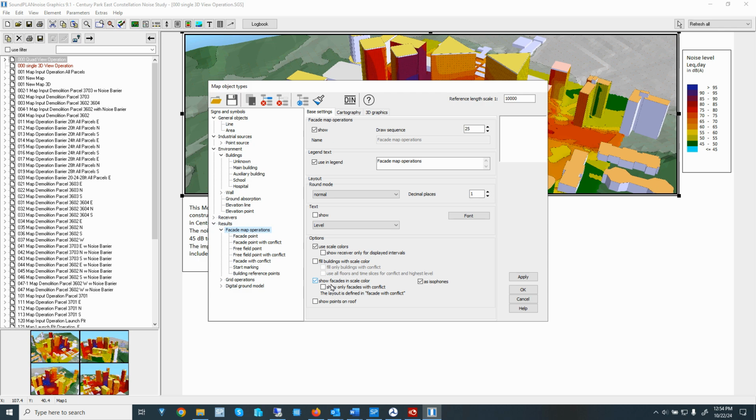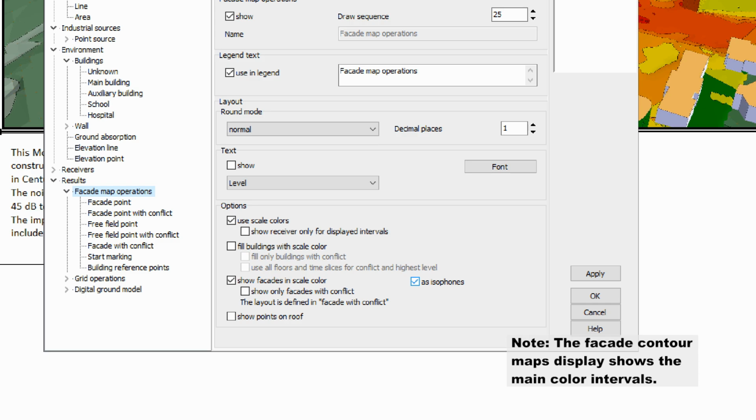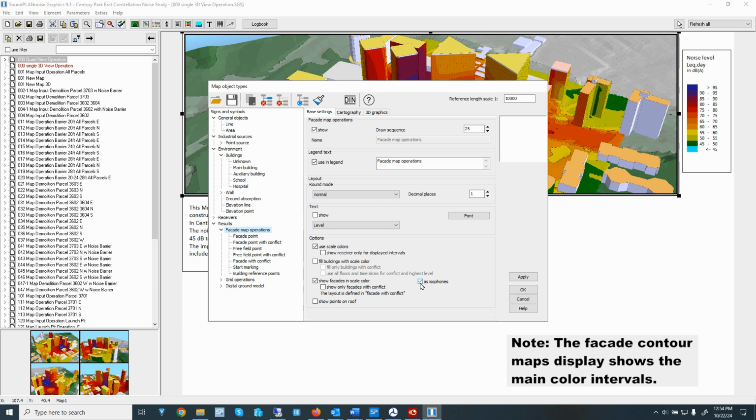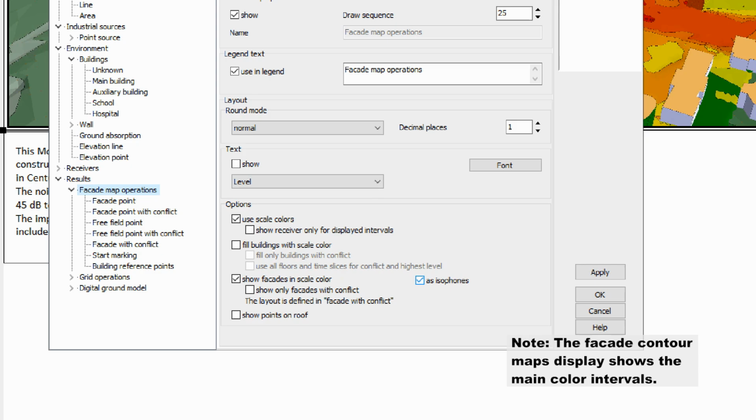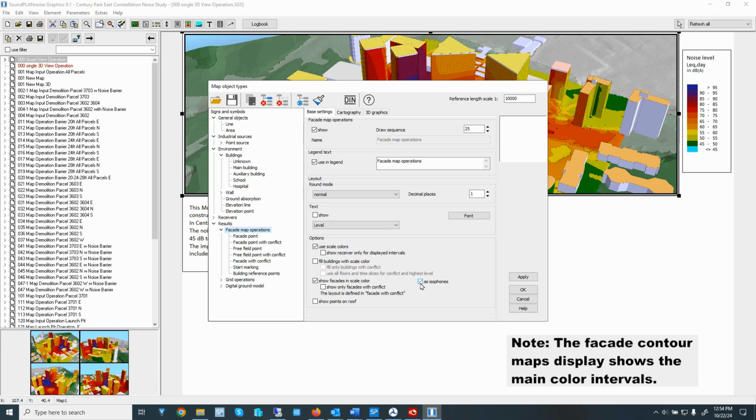So here, show facade in scale colors, and then here we have use as isophones. So you can go back to the original, which basically just shows the squares, or you can select that it also shows the isophones.